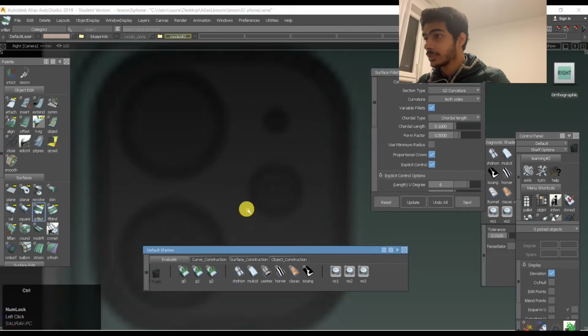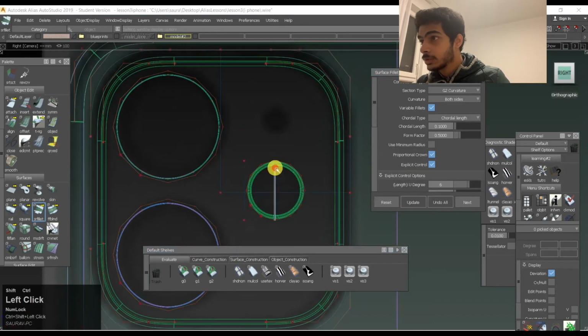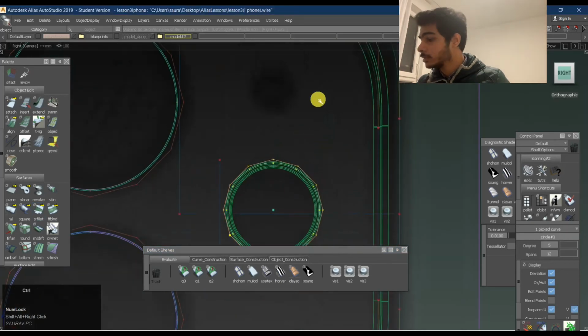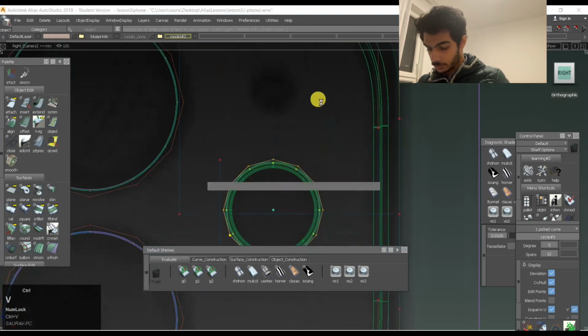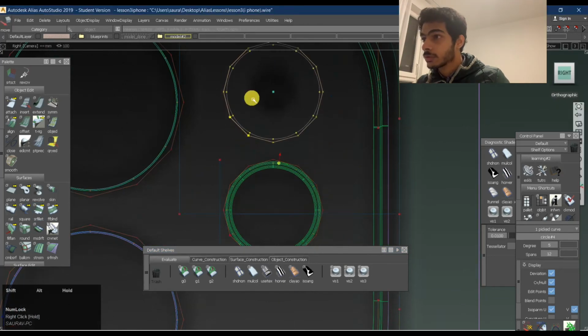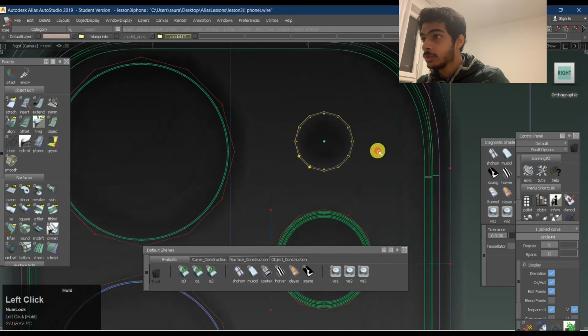So we have something like this. Most probably we'll use the same technique. We'll scale this down.